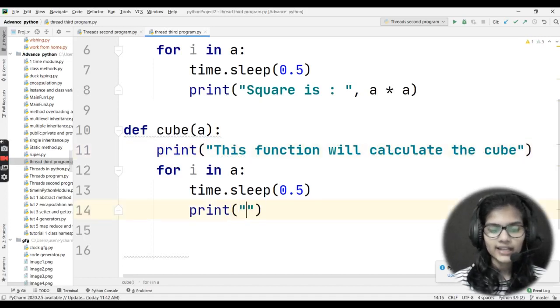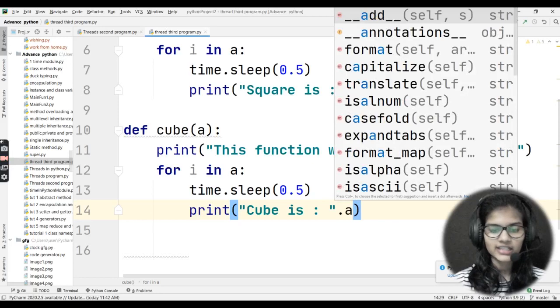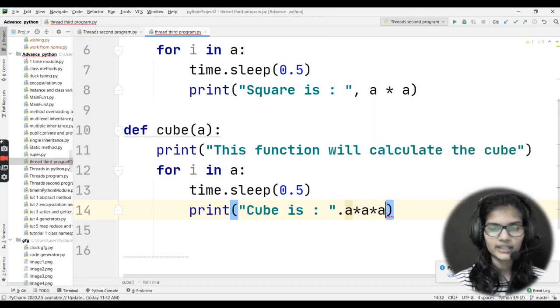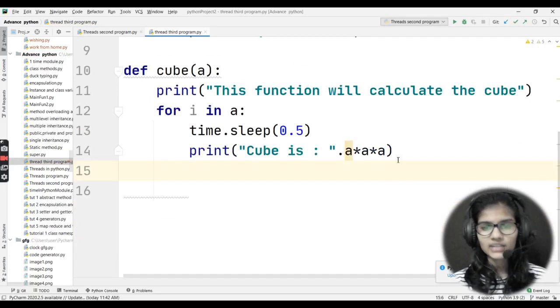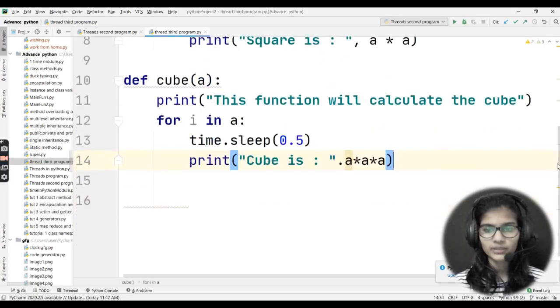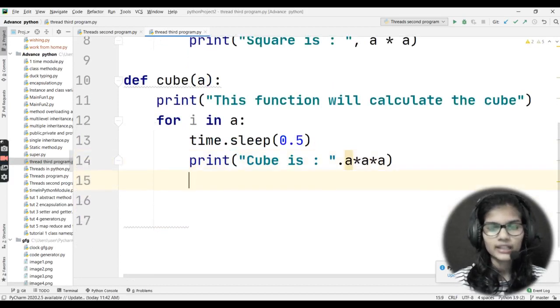So print, and in the brackets I'll write cube is, put the colon here, put a comma here, and just multiply a 3 times: a multiply a multiply a, like this, right? So this a is being multiplied 3 times, and that will result in the output of this cube, right? Now, instead of this dot, just put the comma here. Come on to the next line here.